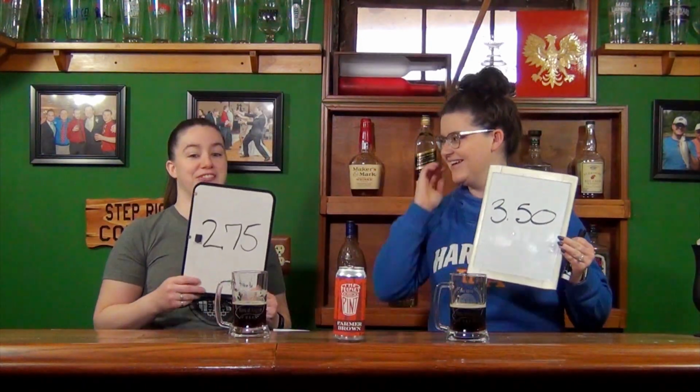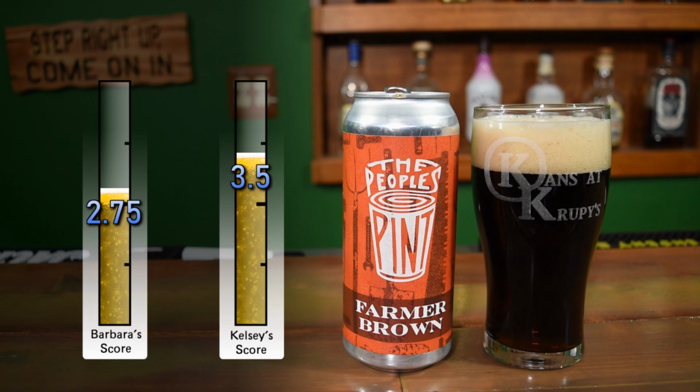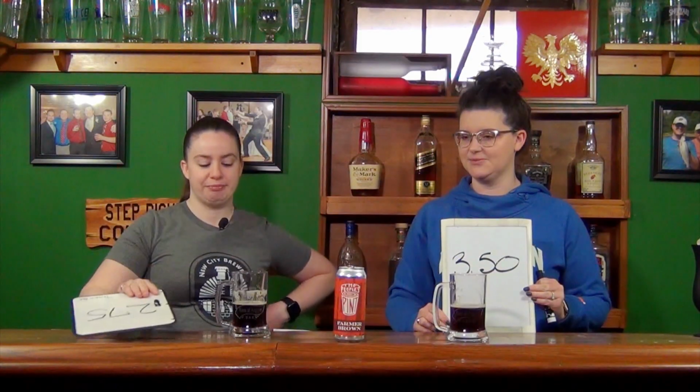3.5. I like this one just as much as the last one, but I think this one is much more balanced than the last one. I don't agree with that. Ale-wise, I think the other one was more balanced. This one's way heavier on the malts, and I don't think it's as well balanced. So I don't like it as much. The sweetness of the malts is really nicely balanced with, I want to call it the sharpness of the alcohol presence, but it's a really nice...